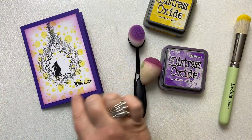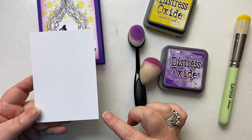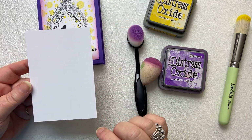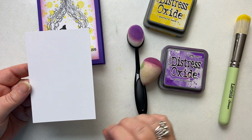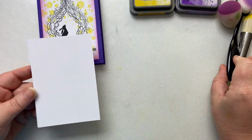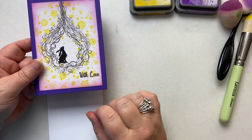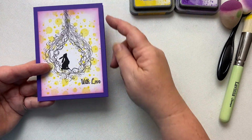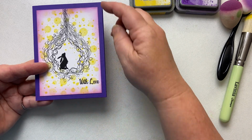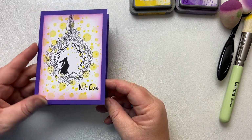So the topper that I'm going to be using here is 9 centimetres by 13 centimetres, which in inches is 3.5 inches by 5 1/16. I'm not great with inches, but I saw somebody ask for inches, so I'll do it when I remember. And then the background card that I'm using, giving it a bit of a border here, ended up being 10.5 centimetres by 14.3, or in inches, that's 4 1/16, and just over 5.5 inches. Like I say, I'm not great with inches, but...